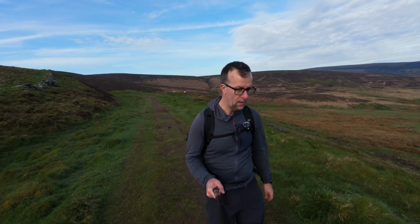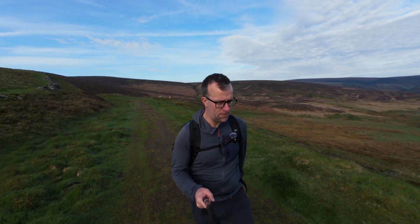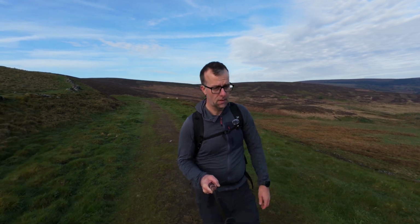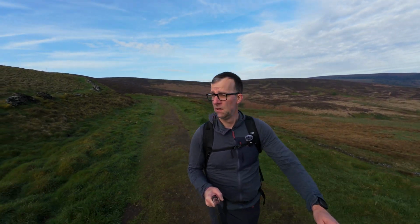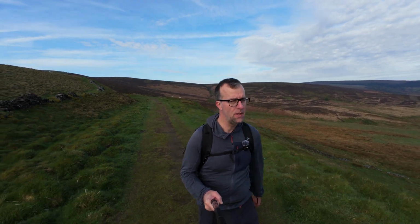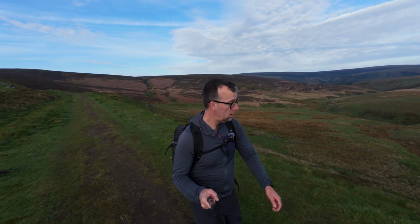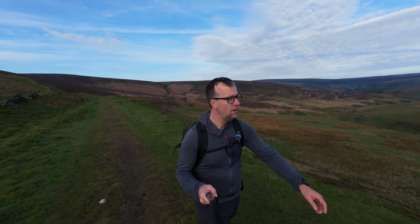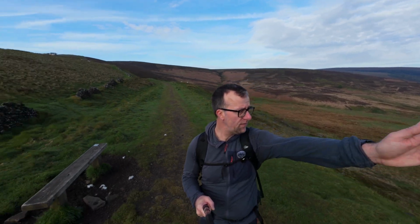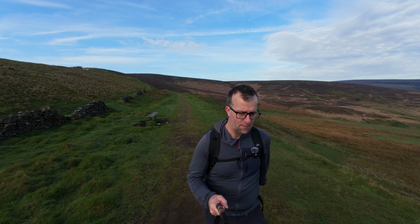Oh, I'll tell you what, it was a bit steep coming down off the top of that Burbage Edge. It just drops right off. I think with all the rain that we've had, it was a bit muddy and slippy. Oh yeah, now I'm on to this old railway track. And it's going to basically loop around this valley, contour around these hills, and then I'll find myself to